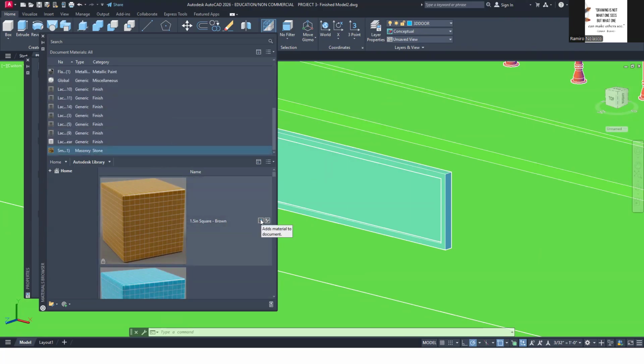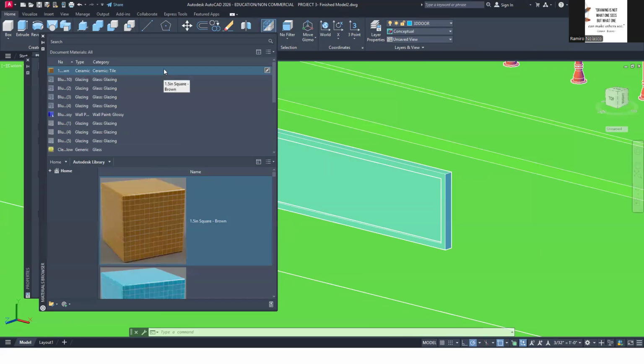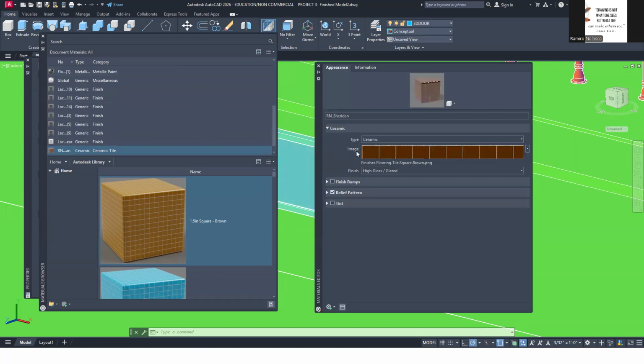So I'll just upload it to the document. So click the arrow. Okay. And then I'm going to rename this. So rename. This will be RN Sheridan. Okay. RN Sheridan. And then I'm going to edit this.